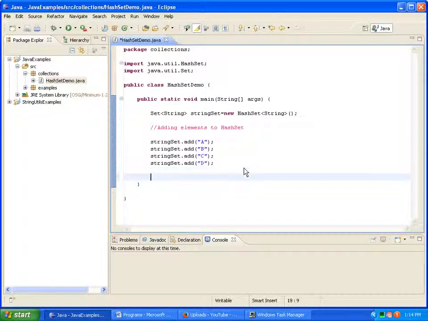Now what I'll do is I'll print this hash set. Printing elements in hash set.